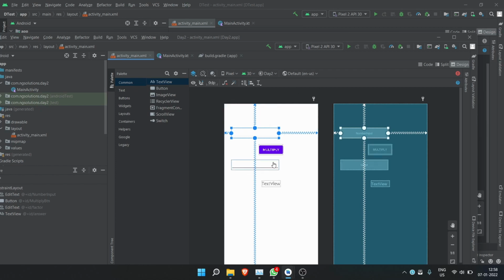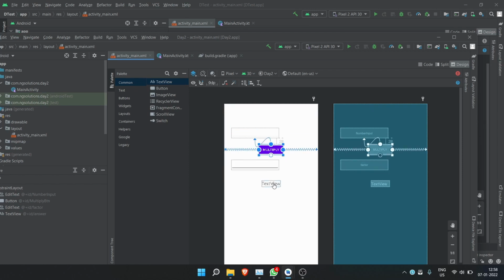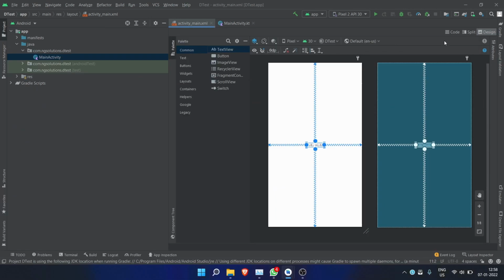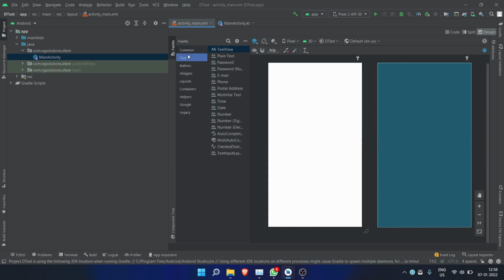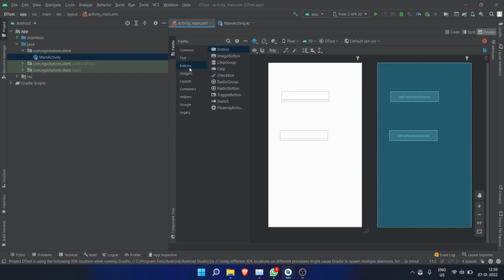So here you can see there are two input fields, and there is one button, and there is one text field. So I will do this. I will remove this hello world just by hitting the delete button. And here let's go in text. There are many options available. So we will be using the number, simple number, or okay, let's go for decimal, since the currency might also be in decimal. So we need two of them, so I will just drag and drop. We need one button also, so just drag and drop. Then we need a simple text, so go in text and simple text view. Don't use plain text, just use text.